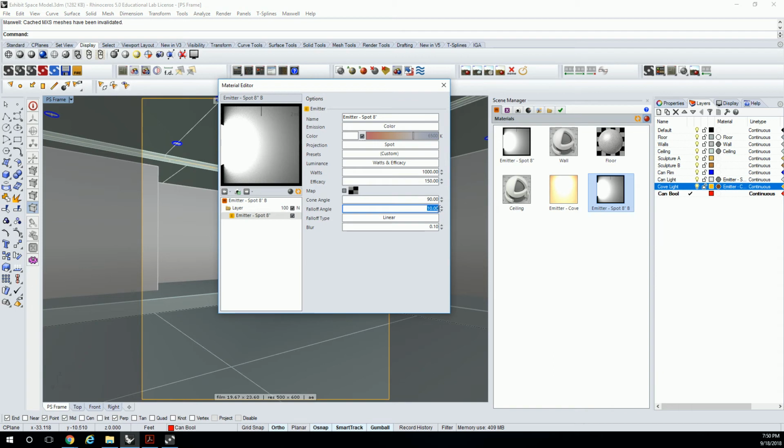So the fall-off angle generally doesn't need to go very high, 5, 10, 15 degrees, something like that. But you can get really crazy with it and do really soft lights with really high fall-off angles for more mood lighting type stuff if you really want to. So we're going to stick with a 90 and a 10